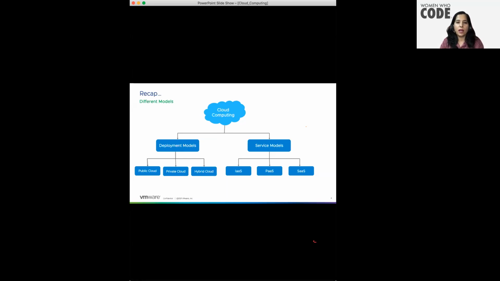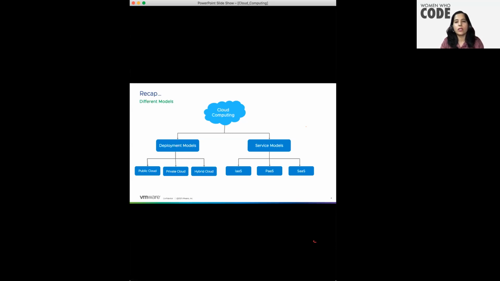Now let's go to the hybrid cloud. In the case of hybrid cloud, public and private cloud are both used together, and it allows data and applications to be shared between them. So an organization can decide that their critical or more secure applications can be hosted on the private cloud, and the other applications which need scale or which are not much critical can be installed on the public cloud.